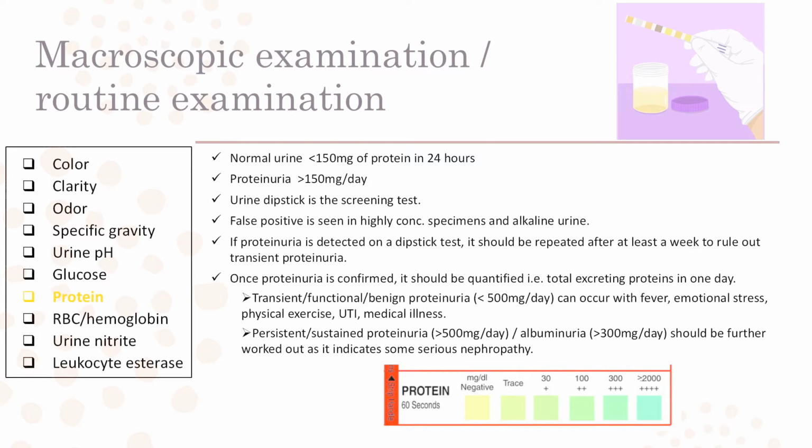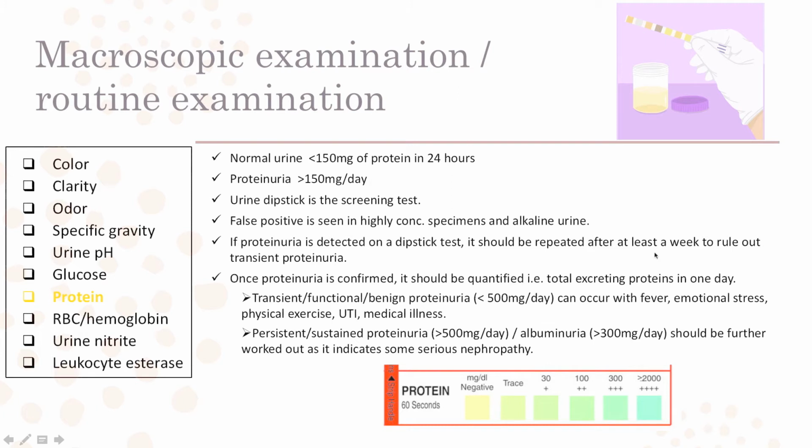Now the major protein of the body which is excreted in the urine is albumin. Apart from albumin, there are globulin and fibrinogen. They are excreted in a very small amount. However, if they increase, then it is called proteinuria. Urine dipstick is a screening test. It tells us whether the protein is present or absent. Only a qualitative test, not a quantitative test. However, we can see false positive, that is false proteinuria, if the urine is very alkaline or if the urine was stagnant, preserved for more than 2 hours.